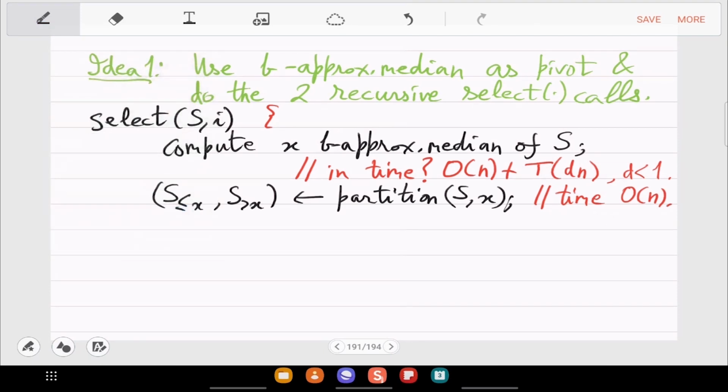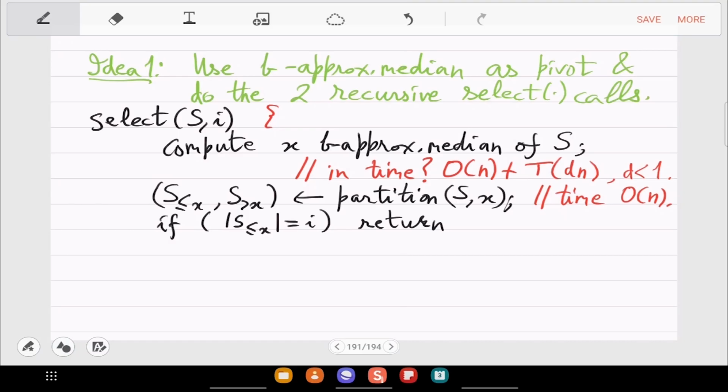It is easy to partition because you just have to scan and collect all those elements which are less than equal to x, and you make these two arrays, S less than equal to x and S greater than x. So that partition function will give you these. Then, if S less than equal to x has size I, then what do you do? Then you return.